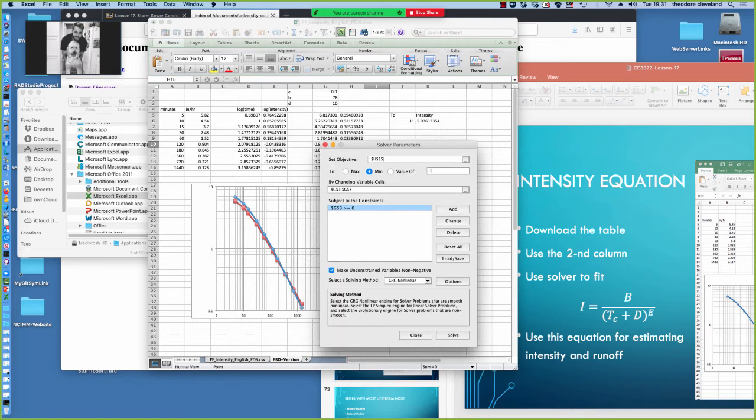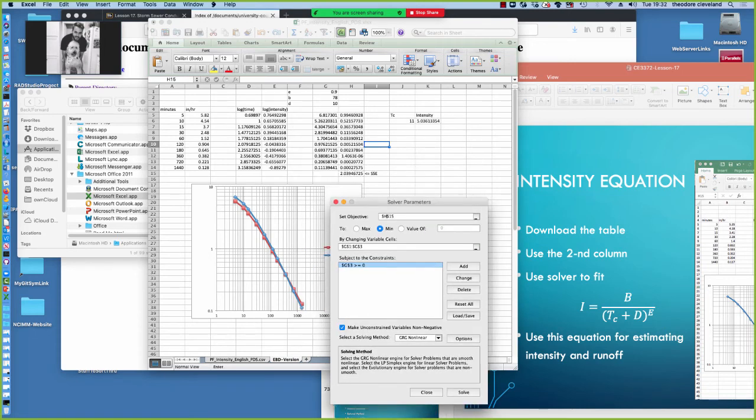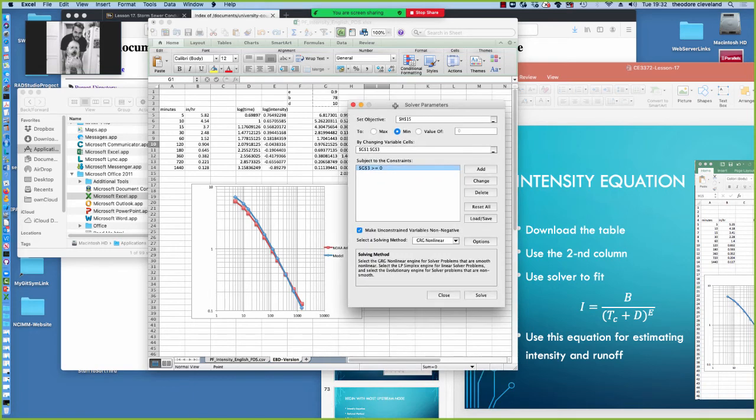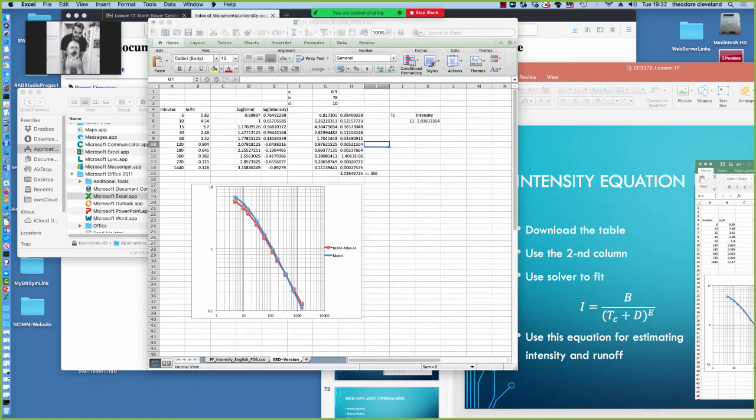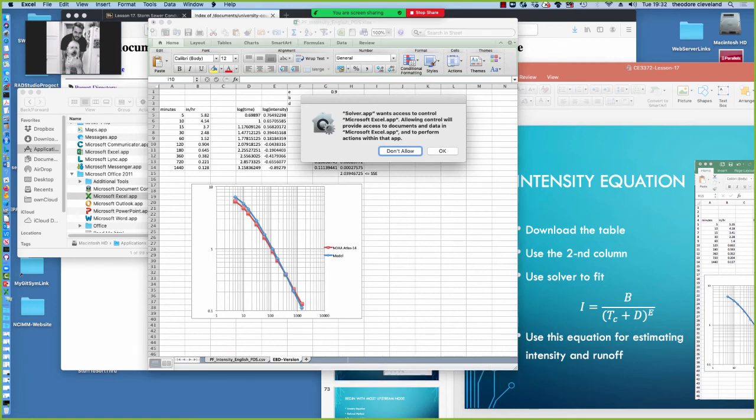And hopefully it's already set up correctly. Looks like it is. So the objective is cell H15, and the changing cells are up here, and we're going to require that the D term, G3, has to stay bigger than 0, because otherwise it'll tend to drive these D's to a negative number and give us correct from a mathematical sense, but useless from an engineering sense results. So we selected GRG nonlinear because the other two methods are not appropriate, and press the solve button, and it's going to start